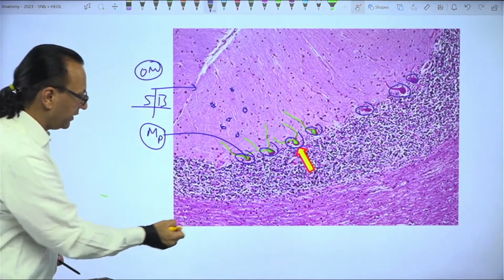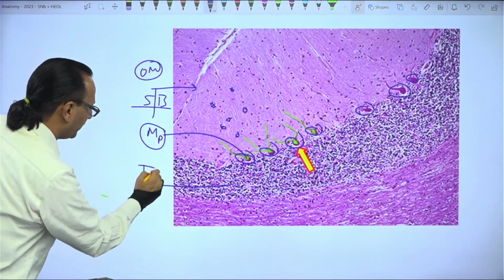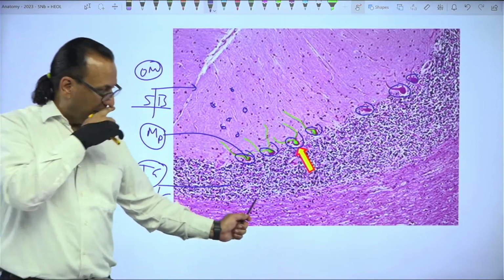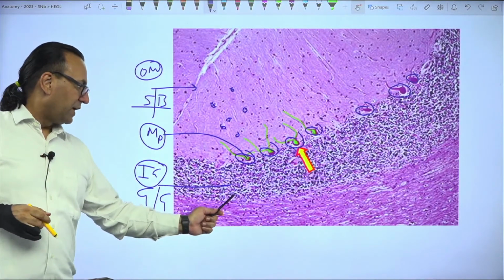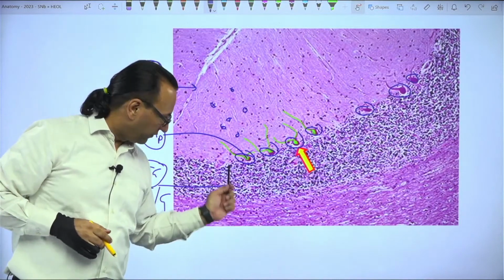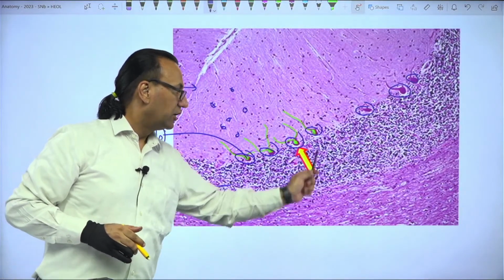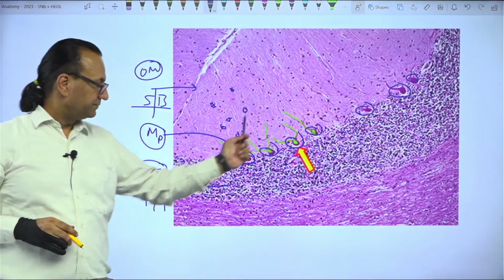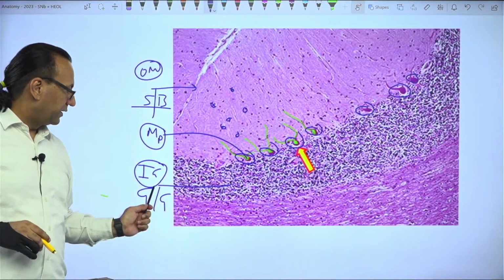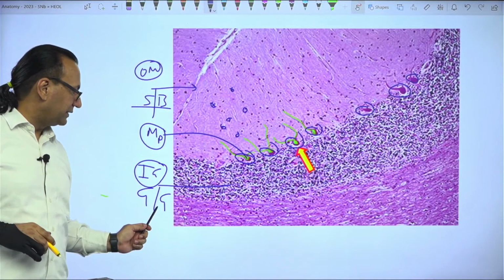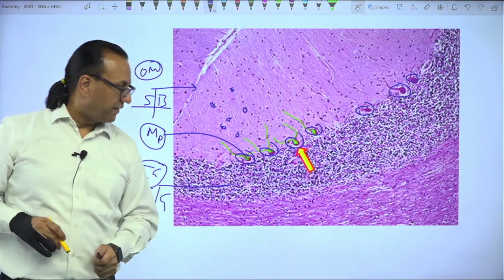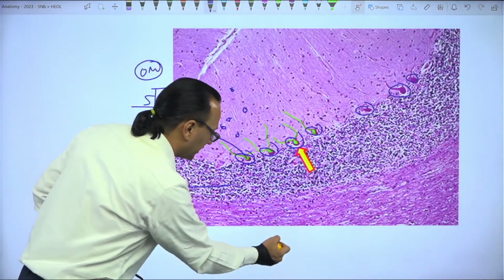Inner granular layer. This is the inner granular layer where you have GG cells, granule and Golgi. So granule and Golgi, inner granular layer, and it is very dense. See, a lot of nuclei. So it is quite dense as compared with the outer molecular layer. So in the inner granular layer you have granule cells and Golgi cells. Just for the purpose of identification, and if you look at this, this is white matter